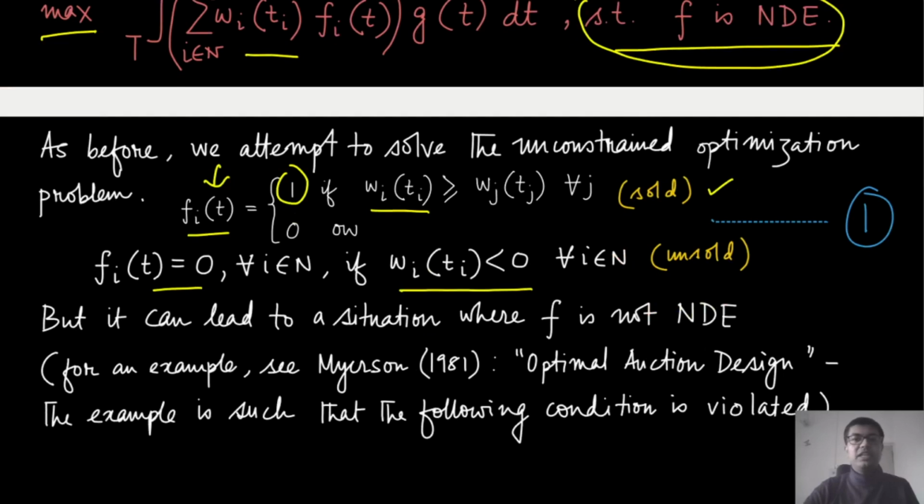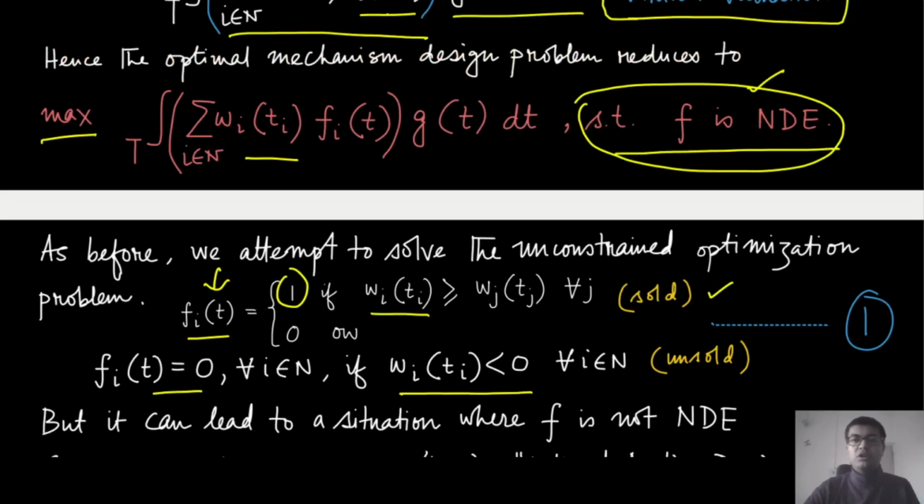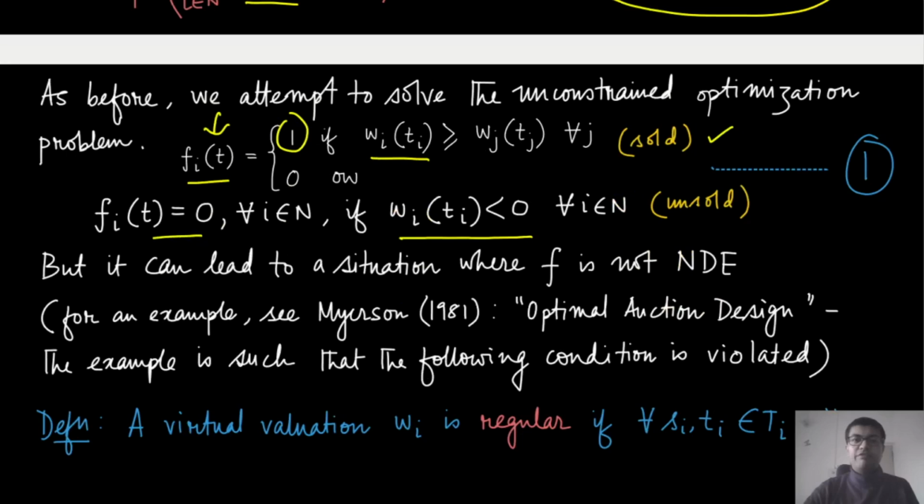Now the natural thing is that even though this is an optimal solution of this optimization problem in the unconstrained domain, this f could be a function which is non-decreasing in expectation. So in order to find an example, you can look at the original paper by Myerson, 1981. The title of the paper is Optimal Auction Design. Essentially all the results that we have discussed in the context of optimal mechanism or selling the single object are actually from this paper. But the idea of this example, to construct an example which is not non-decreasing yet satisfies